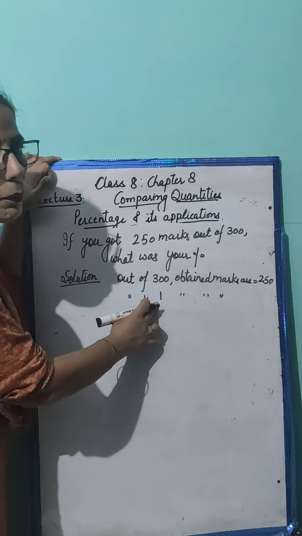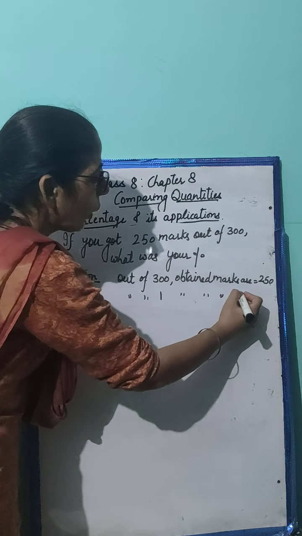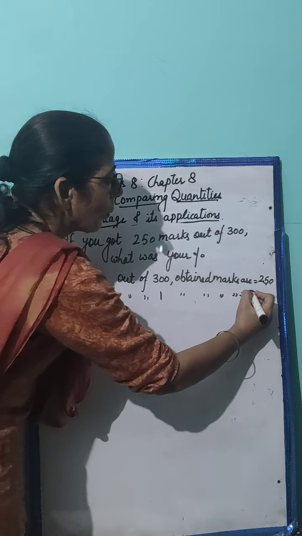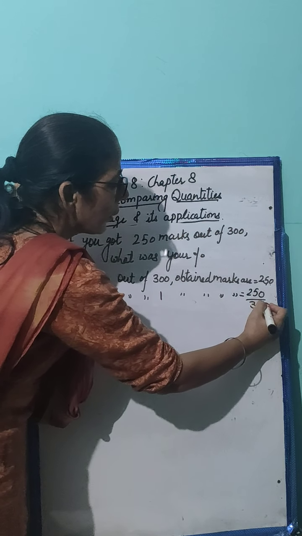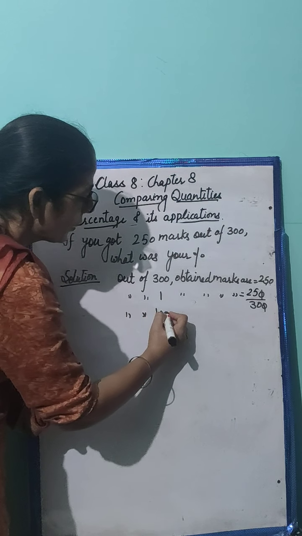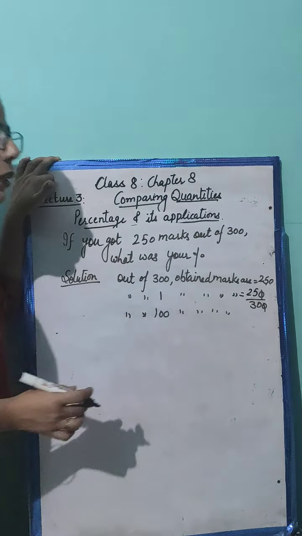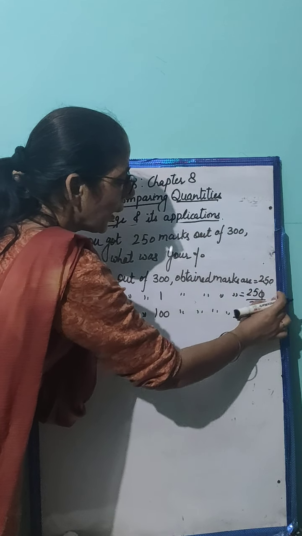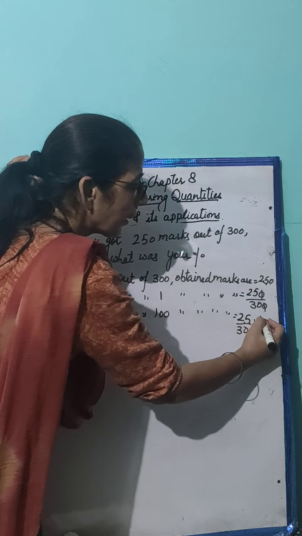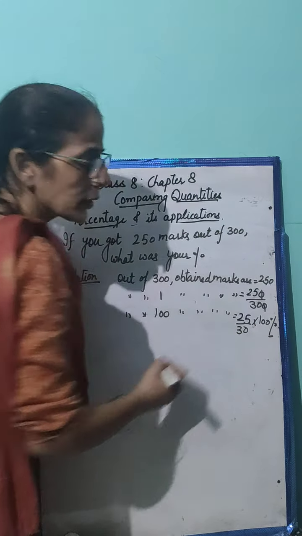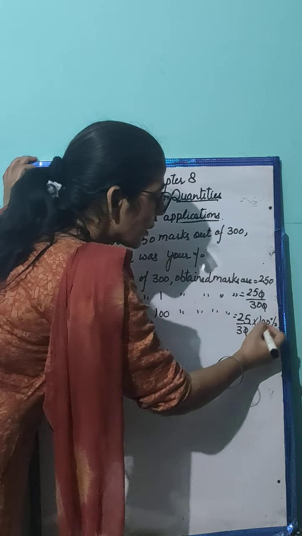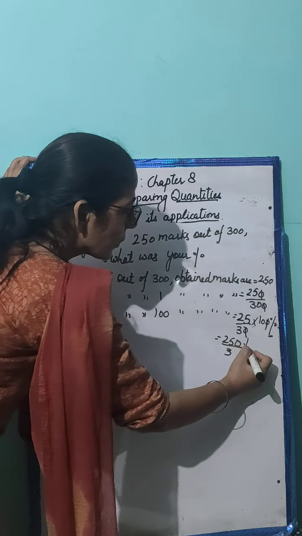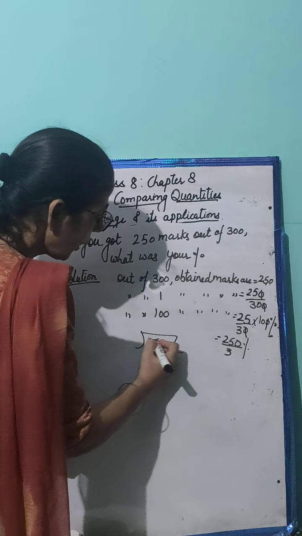Wherever we ask for कि 1 में से कितना, तो ये यूनिटरी मेथड होता है. आउट ऑफ 1 ऑब्टेन मार्क्स आर 250 अपॉन 300. आउट ऑफ 100 ऑब्टेन मार्क्स. परसेंट का मतलब क्या है? आउट ऑफ 100, तो मुझे ये निकालना था, आउट ऑफ 100 मेरे मार्क्स कितने आए. तो जो ये है इसको 100 से मल्टीप्लाई. जब भी 100 से मल्टीप्लाई करेंगे तो परसेंटेज का साइन लगाना जरूरी है. सो टेक केयर. सो दिस इज कैंसल. 25 टेंस आर 250 अपॉन 3%.